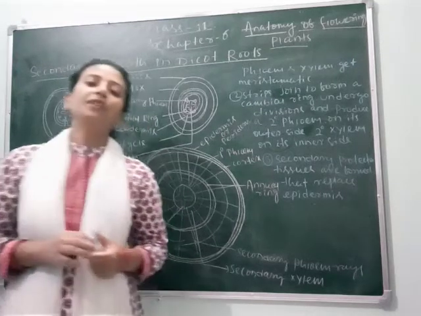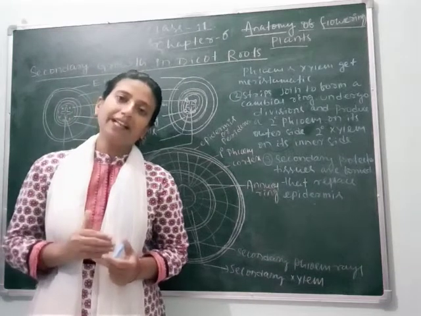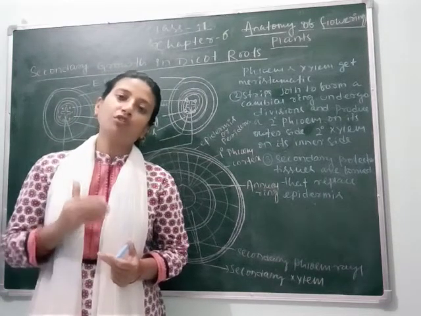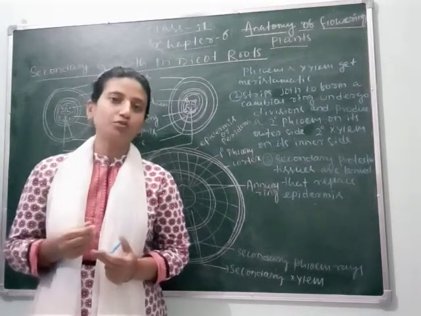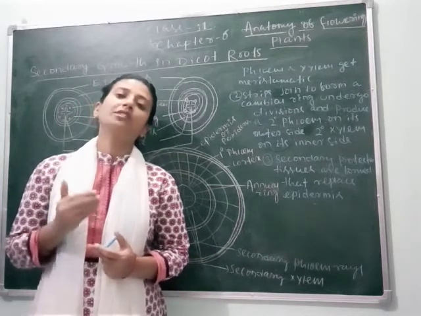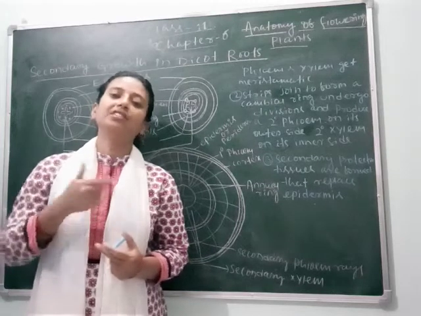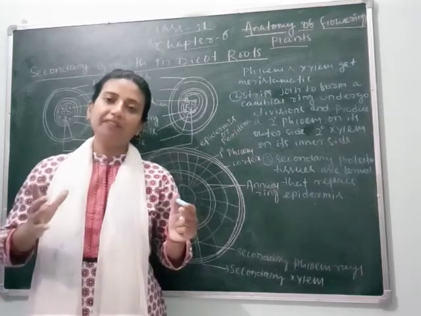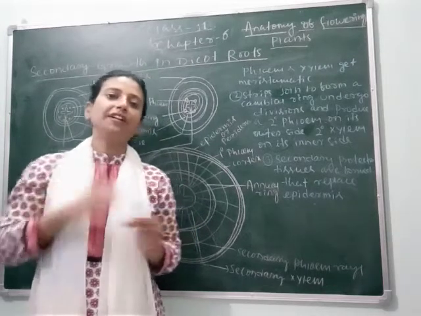As we know, no secondary growth occurs in monocot stem like this. Secondary growth also doesn't take place in monocot roots, only in dicot roots. Why dicot roots? Because dicot plants have a long lifespan, due to which cambial activity occurs and secondary development of the root occurs, means the root grows in girth or radius.